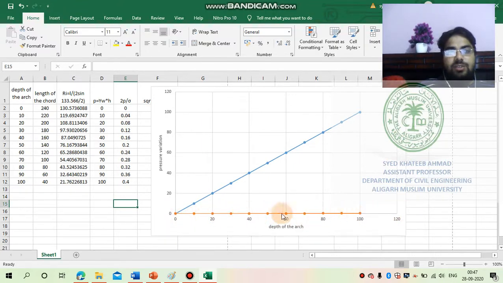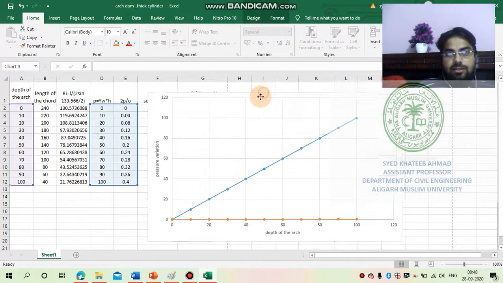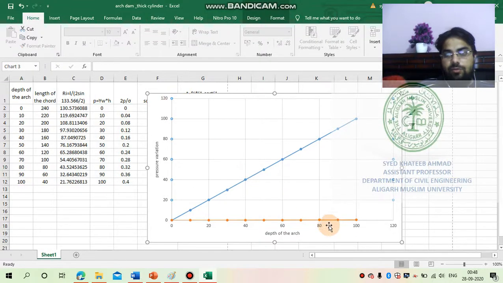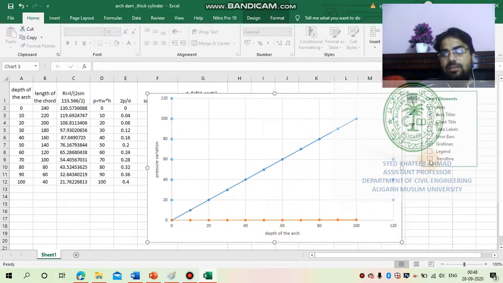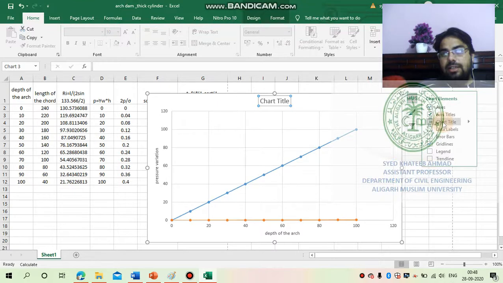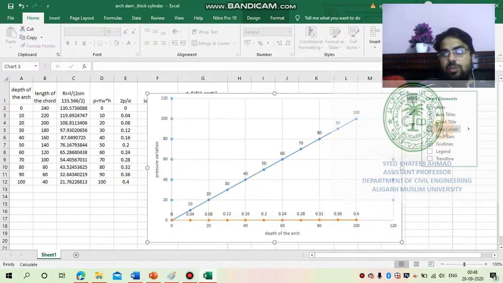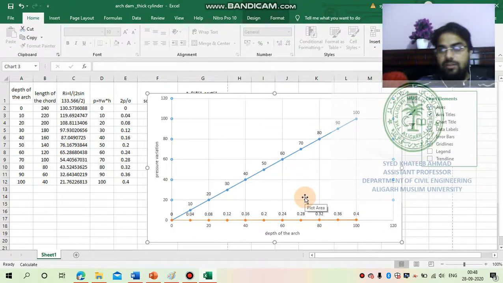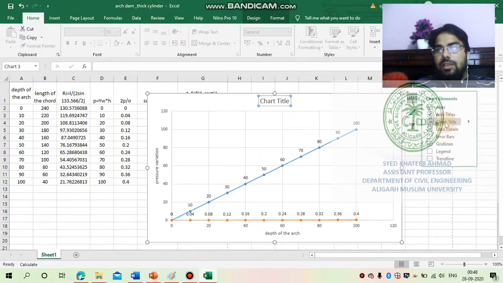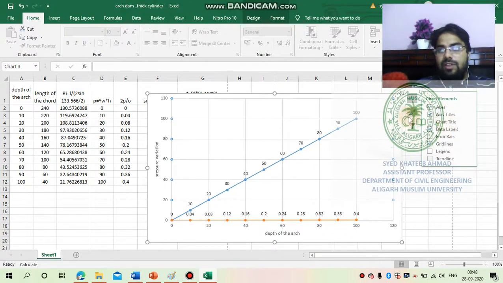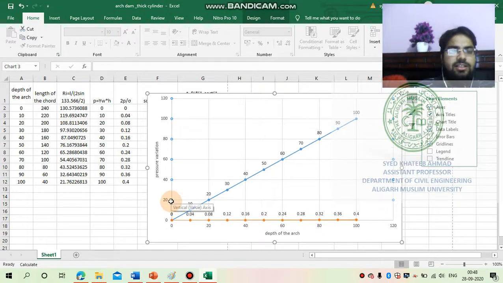So these are the two graphs, and you can see how the data are changing. Now you can also have the axis title given here, so you can see this variation. Under chart title, you can see data label. When you plot the data label, you can see the values that are given. This is a good way to understand the data values. Chart title, axis title, all we have done. So this part is over. This is very simple plotting.